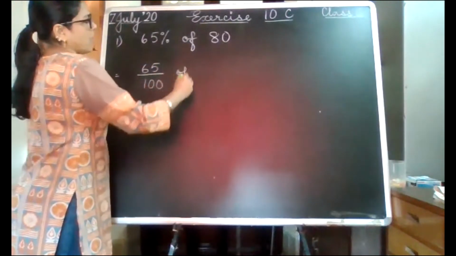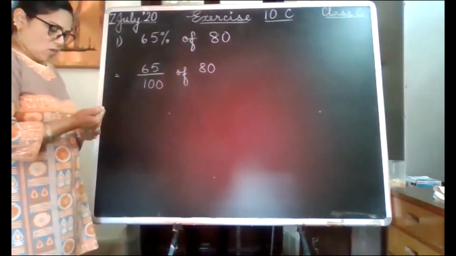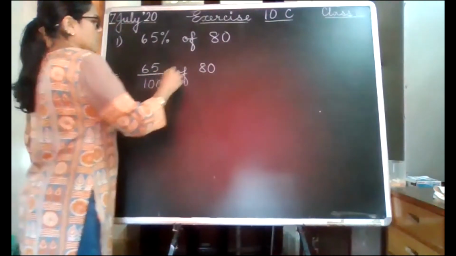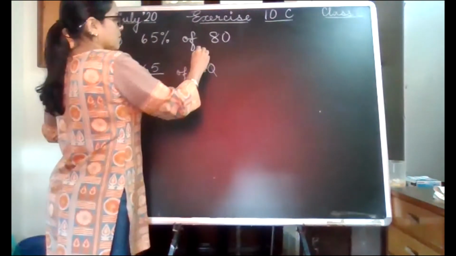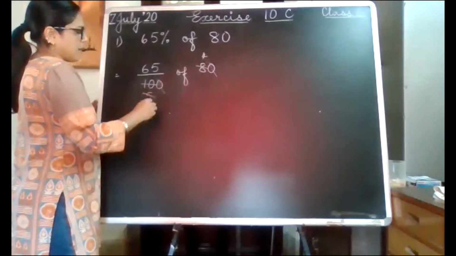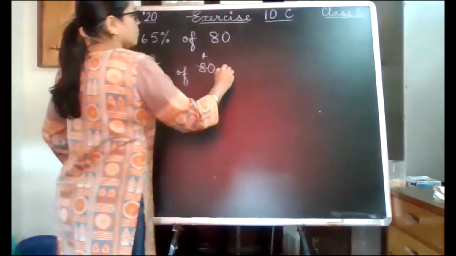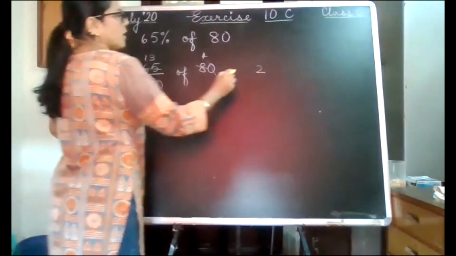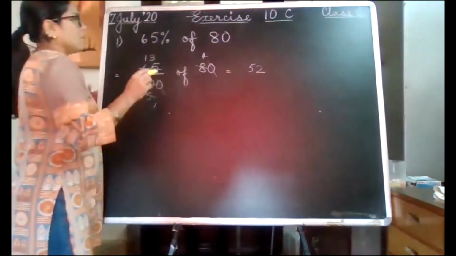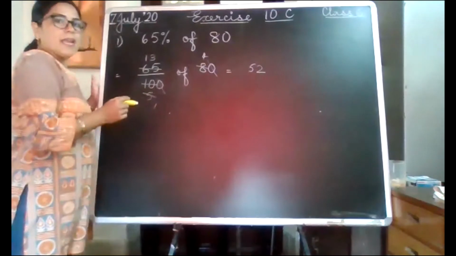Now all this actually I don't need to explain because these type of questions they have already solved. So very quickly I'll do it. Both are divisible by 10. 2 divides 5 times. 0 divides 4 times. Now 5 divides 1. 5 divides 13 times. Now 13 4s are. 4 3s are 12. Carry 1. 4 1s are 4 and 1, 5. It means Kamal has scored 52 out of 80.